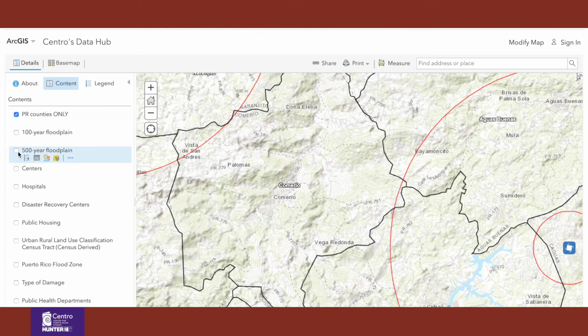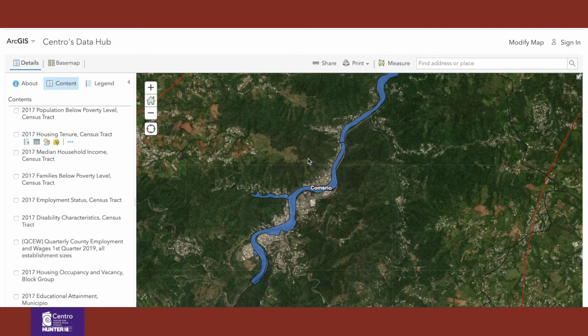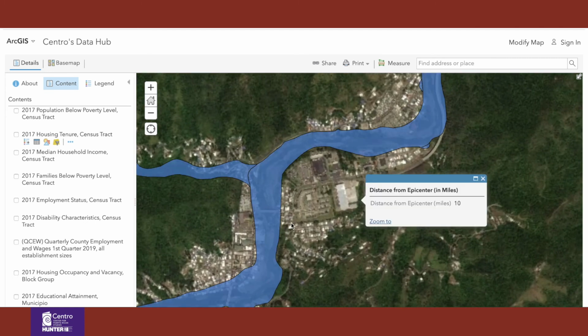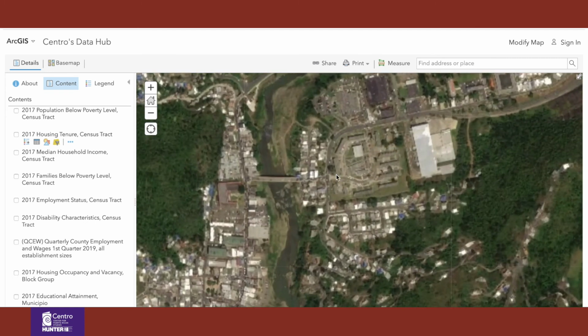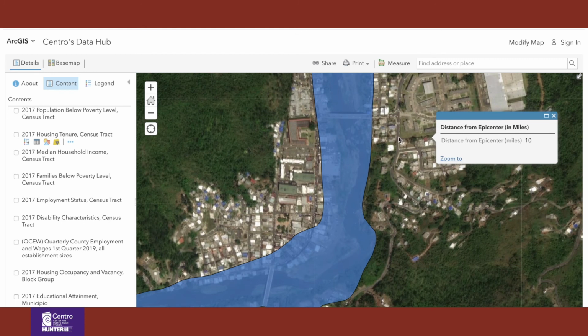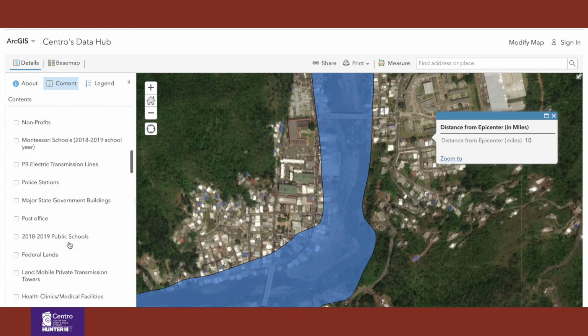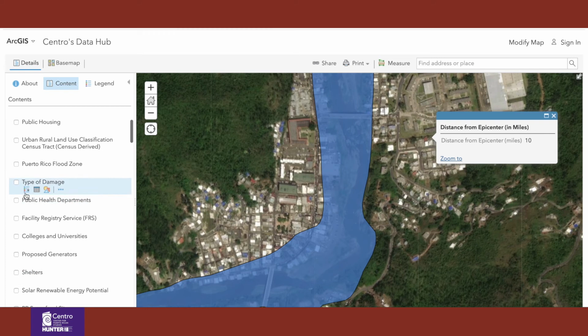Let's click on the 500-year floodplain. So now we see the 500-year floodplain polygon. Now let's zoom in to a particular area within this county. And what this shows you is that some building structures are located within the floodplain. Now let's add another data layer. If we add the damages,